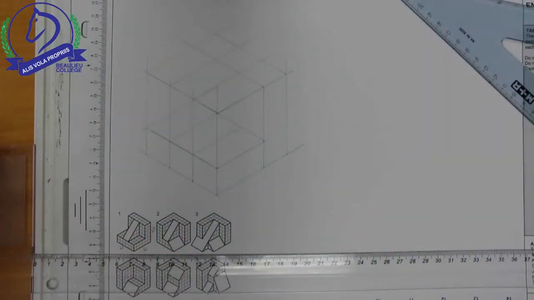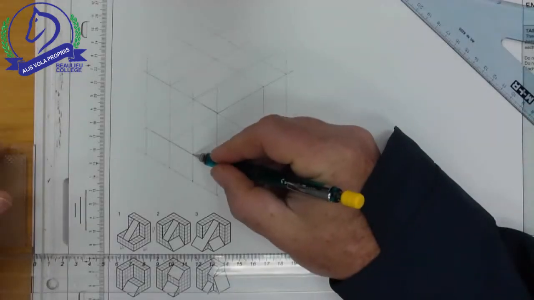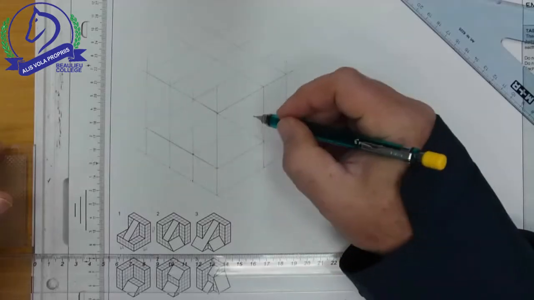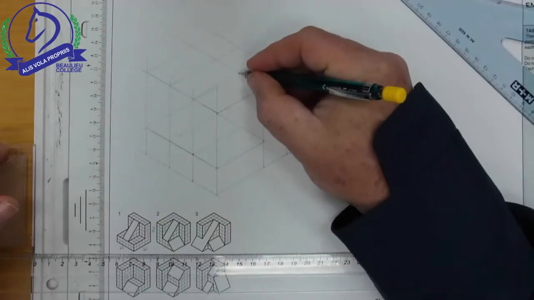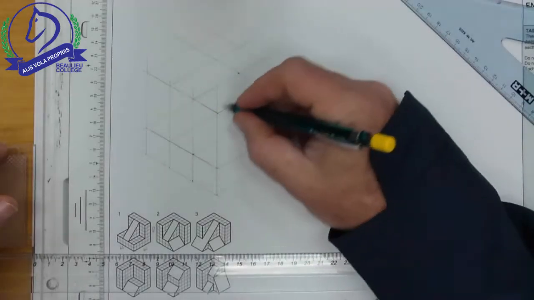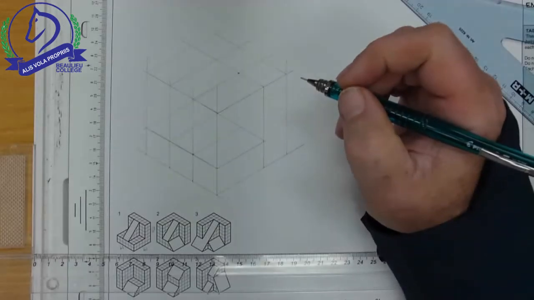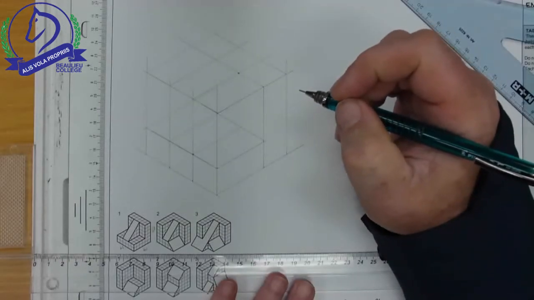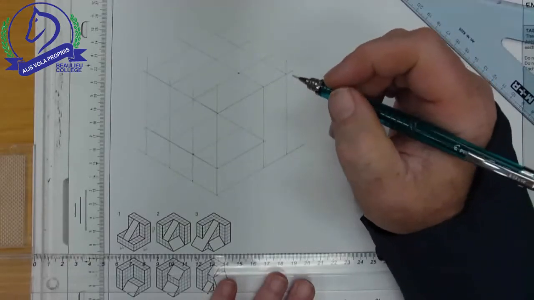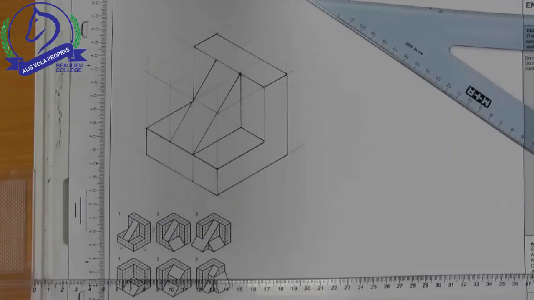Now that's giving us a lot of the outline of that shape, and the only thing we really now need to do is join the start point to the end point of the slope. So I'm going to start going over that in an outline now. And there we have the end of that drawing number 1